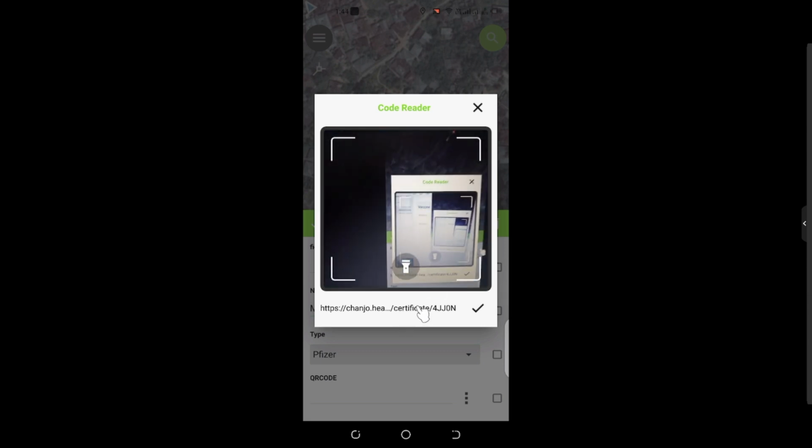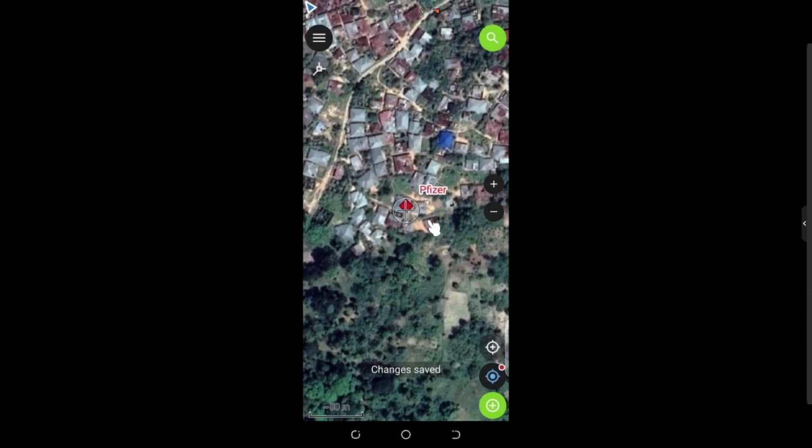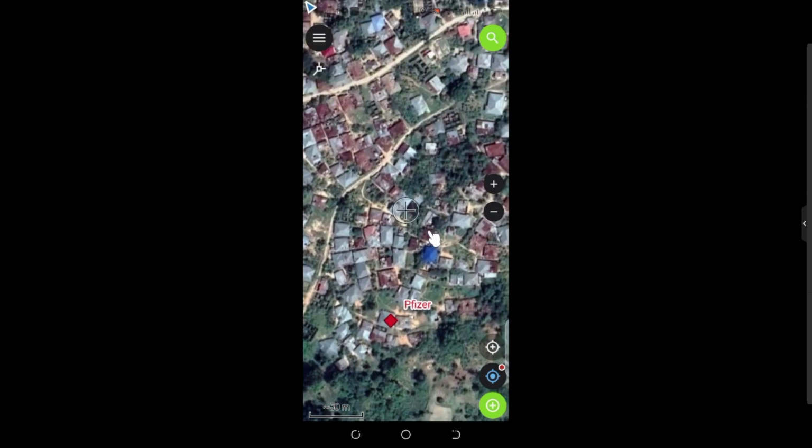And now I have my information saved here. So you can see it has actually saved my first QR code link. So I'm going to click on this tick here to save my first point. And you can see there's a Pfizer vaccine there. So I'm going to zoom out again, zoom to another area. Maybe go to this blue house